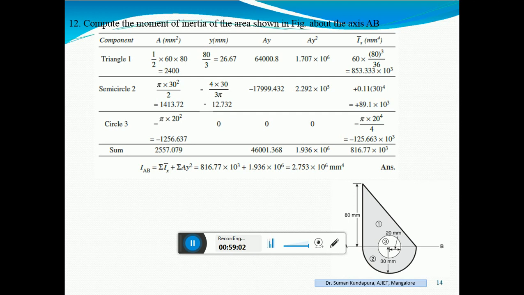So please see what is asked in the question, about which axis they have asked, the centroidal axis. Based on that, choose the reference axis and see whether the centroidal axis of that particular figure passes through the reference axis, and accordingly decide the x and y distance. And if only the vertical axis is asked, address only that. If the x-axis is asked, address only that. So based on what is asked in the question, please solve accordingly.